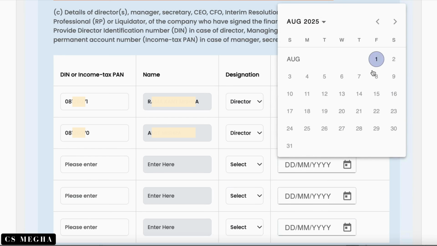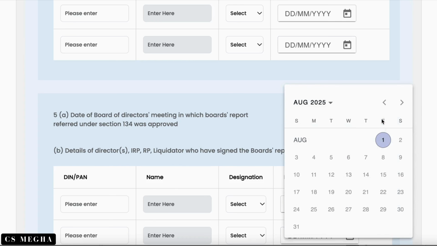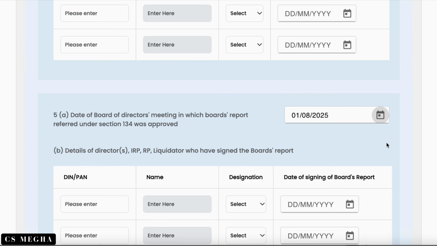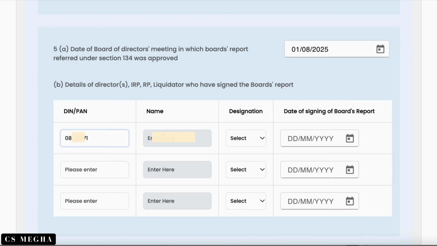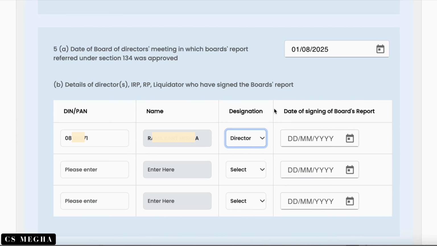Now we are filling the date of the board of directors meeting in which the board's report referred under section 134 was approved. Then we are filling the details of directors who have signed the board report. Their DIN number, name is automatically coming.